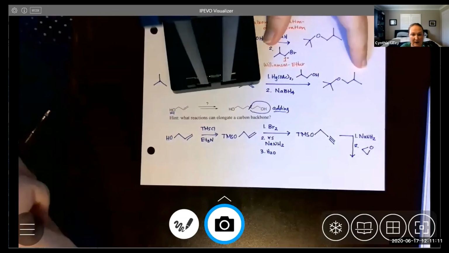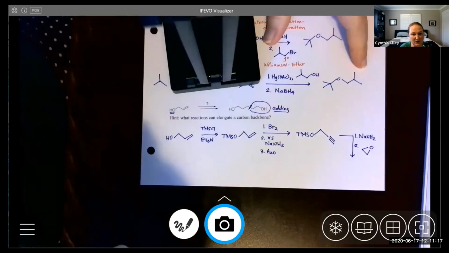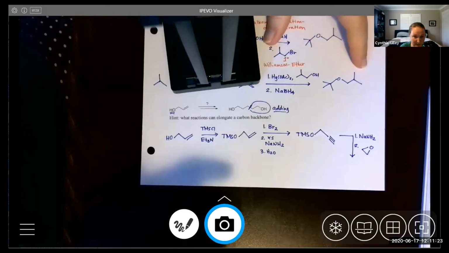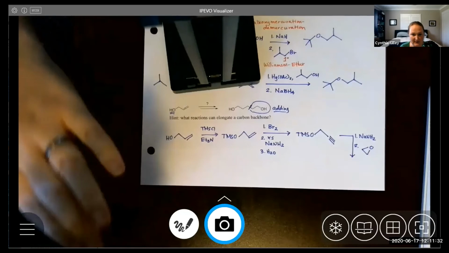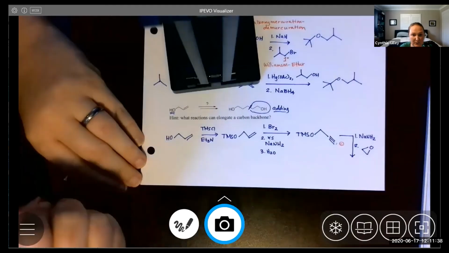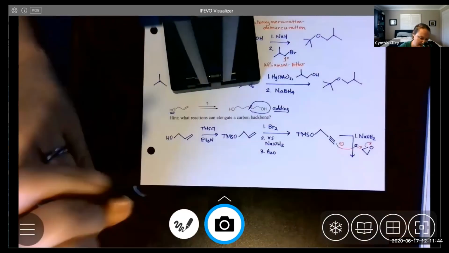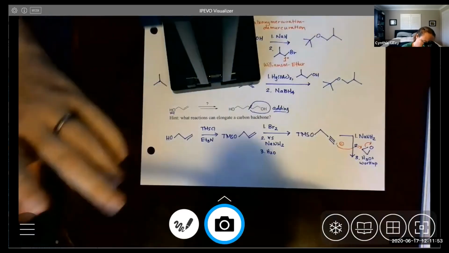SN2 on the epoxide. And then, so this is getting into epoxides, which technically we're not really covering until next week on Monday. Okay, so this might be a little bit strange, and you probably didn't come up with this one, but it's a possibility. So what would happen here just mechanistically, and you don't have to draw this, but it helps you. The first step deprotonates the terminal proton there, and then you do an SN2. Then we need an acidic workup, which again is sometimes left off. But that would get you to